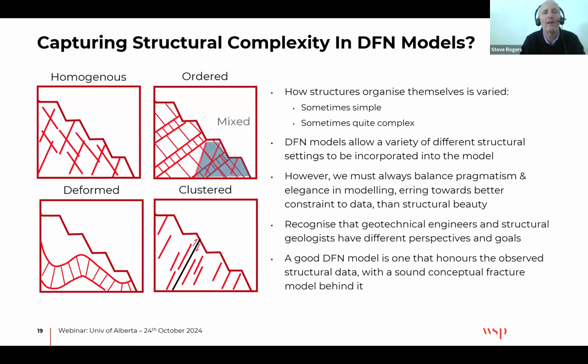Now, interestingly, lots of people do think DFN models are just what you might call a crack in the box. We're just going to throw fractures in, what I've called homogeneous here. But the reality is fracture networks often show specific architecture. They might be highly layered and ordered like here. They might be deformed and jointing might follow the beds, or faulting might rotate round over the scale of a pit or a large deposit, or we might see strong clustering of features around major faults. So the important thing is to do your best to capture that underlying structural concept. But, and I think this is a big but,